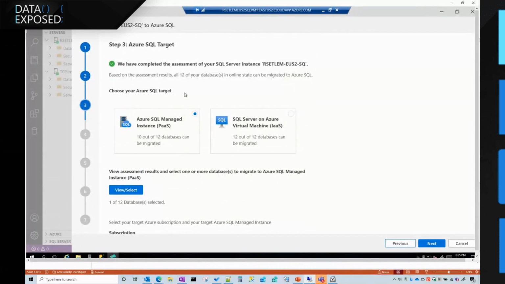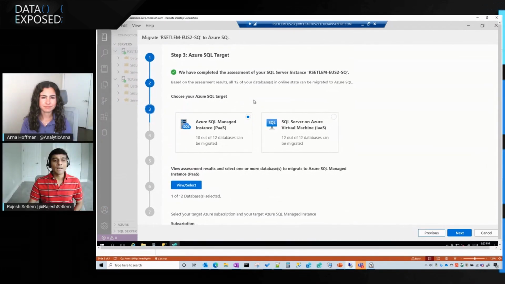And I want to touch upon a few things that we have done here. We have completely revamped the assessment rules. We have also made it public. As you might have seen in the extension landing page, we have also put a link for the assessment rules that we run for Managed Instance. This is an assessment that's been completely revamped. It's a technology that enables us to run faster assessments, highly scalable, and much more reliable.